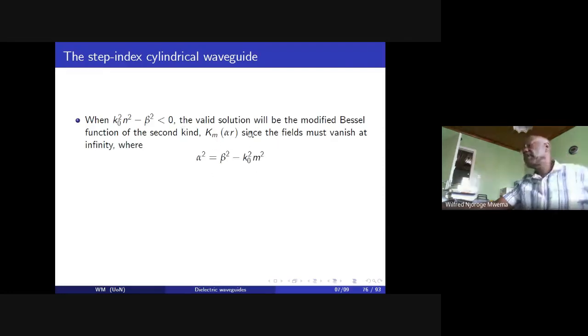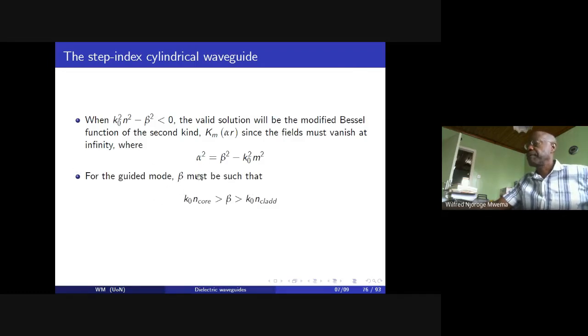Remember, the modified Bessel function of the first kind, which we call I of m, increases with increasing radius or increasing distance r, okay? While for the second kind, it decreases with increasing radius. And therefore, that's why we are saying that the valid function to use for this particular case would be the second kind. And for the guided mode,